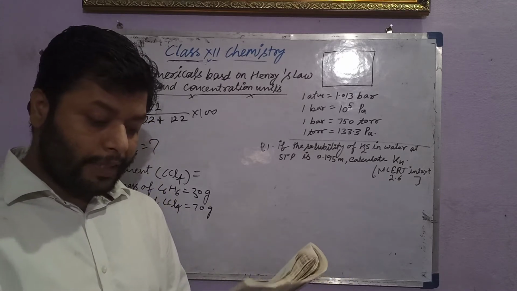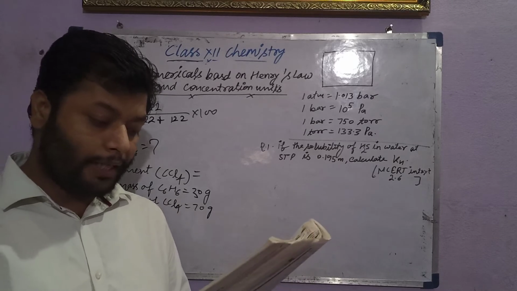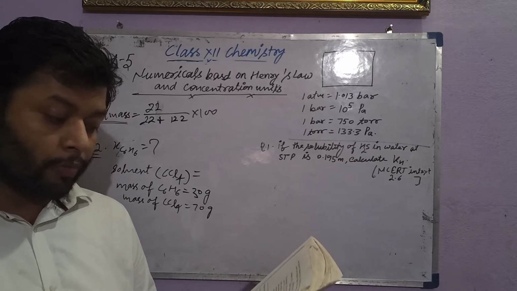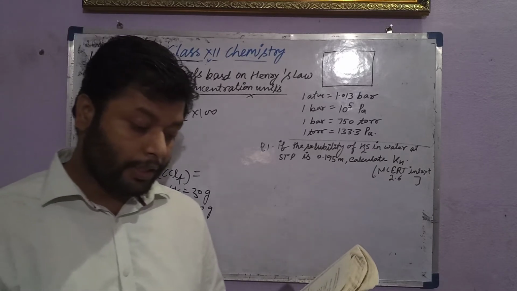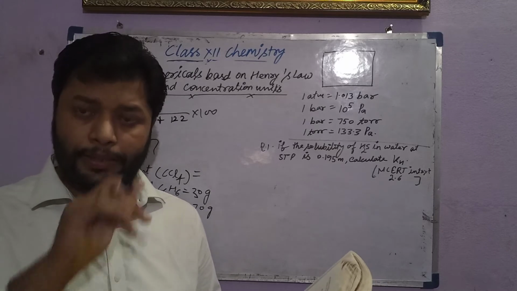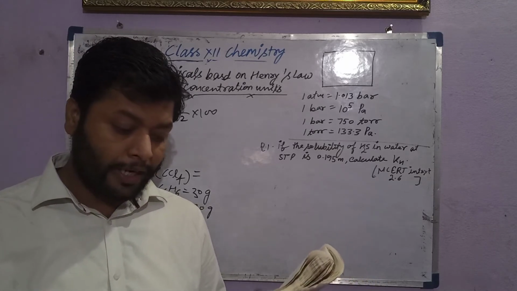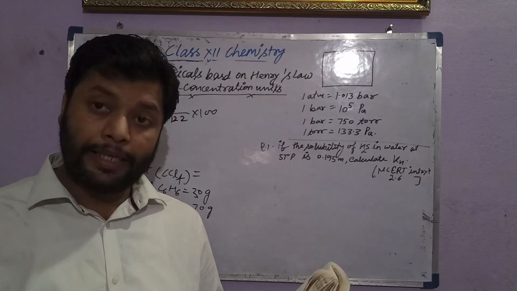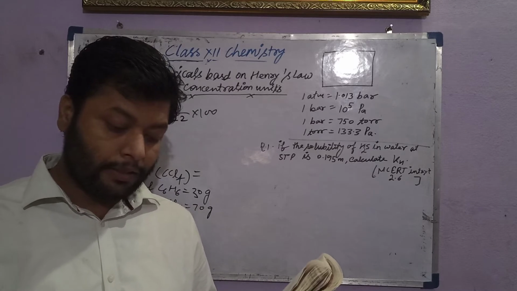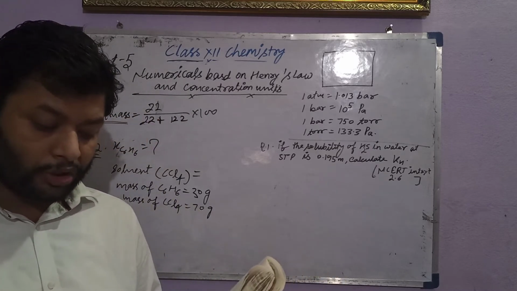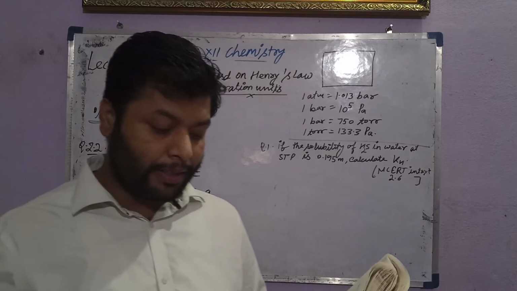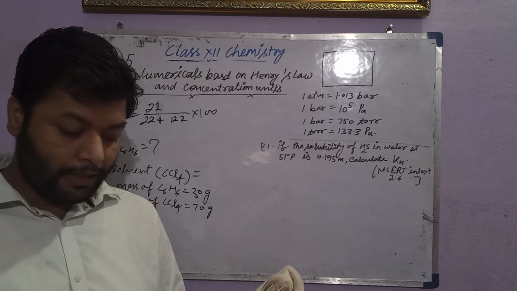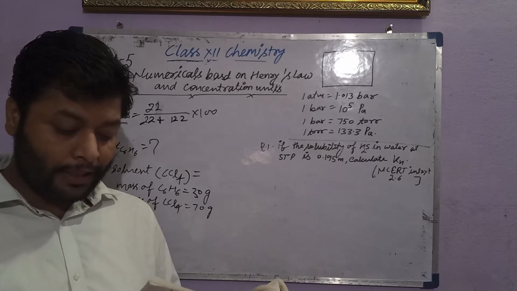Calculate the molarity of each of the following. You have to calculate molarity. The third question in the text: 30 gram of cobalt nitrate hexahydrate in 4.3 liter of solution. It is very easy. The solution is 4.3 liter, with 30 gram of cobalt nitrate. And then 30 ml of 0.5 molar H2SO4 diluted to 500 ml. Okay, it is interesting now. Diluted to 500 ml. So first you have to calculate the molarity of each of the following.